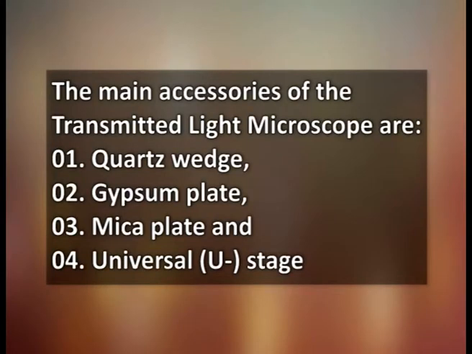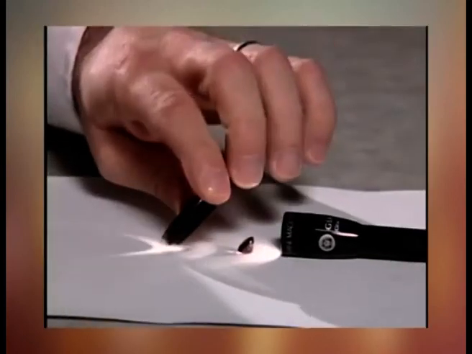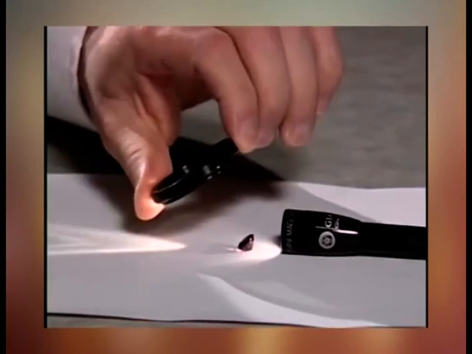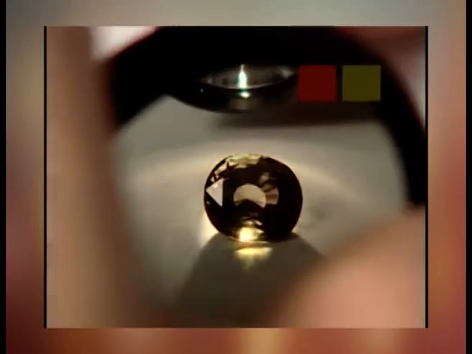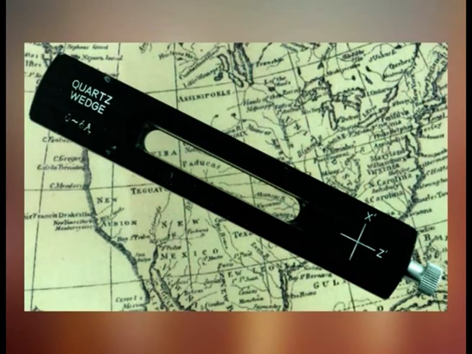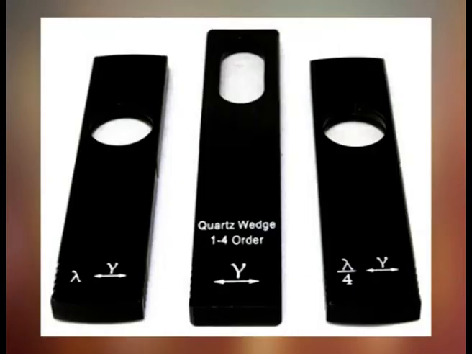Accessories of transmitted light microscope. The main accessories of the transmitted light microscope are quartz wedge, gypsum plate, mica plate and universal stage. The quartz wedge consists simply of a very thin tapering wedge, the faces of which are approximately parallel to the prism of a quartz crystal. It is mounted on a narrow glass plate marked with the letter Q and an arrow marked X, indicating that of the two directions of the vibration of light in the wedge,